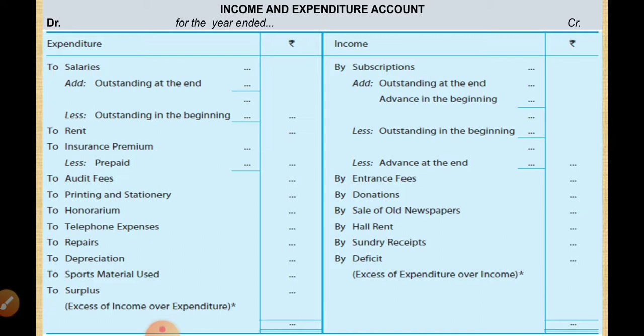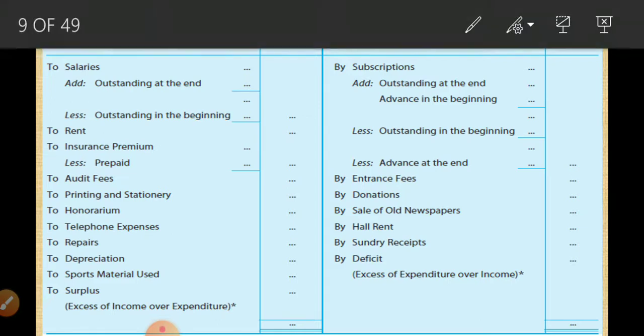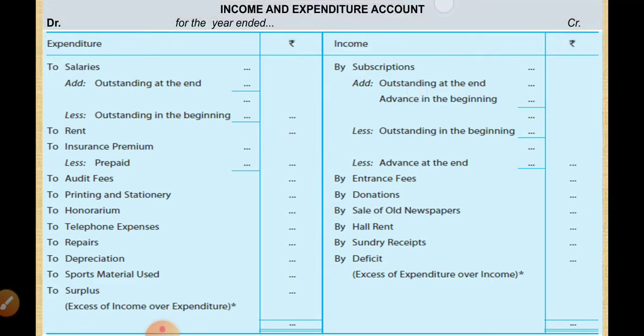Okay. Now coming to income and expenditure account. Yesterday in my previous class, I gave you a briefing about it. It is like a profit and loss account. Even though we call it income and expenditure account, the debit side is expenditure and the credit side is income. It is a nominal account by nature. Debit all expenses and losses, credit all incomes and gains. This you have to remember, the first point. Second point,